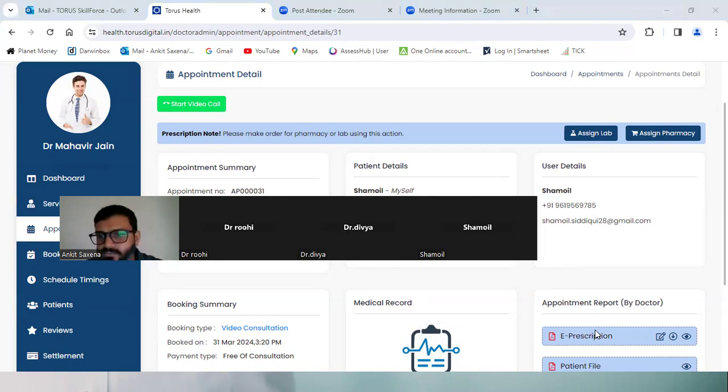So Dr. Divya has asked me a question: how to generate a prescription if it is a clinic visit? Dr. Divya, if it is a clinic visit, you will not find the e-prescription there.